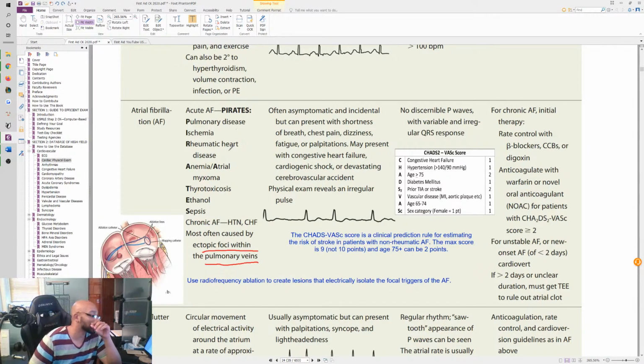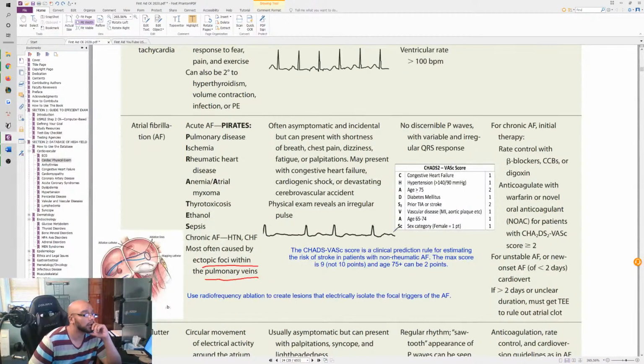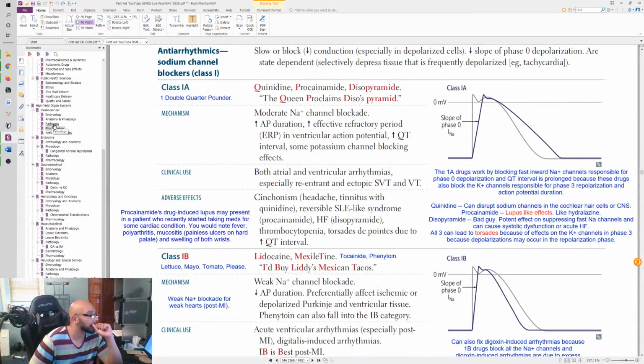So continuing this, atrial fibrillation, these little tracings they give are very basic. Like for example, this tracing they gave here is very useless. It doesn't really do the job in my opinion. But with atrial fibrillation, going back to what they have over here,